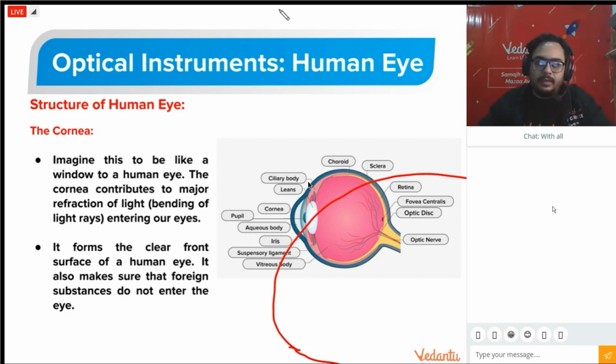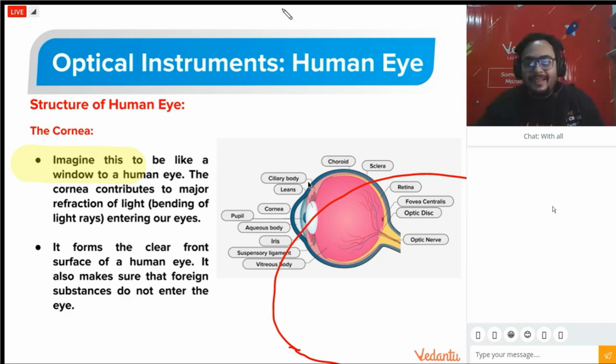Yes, absolutely, Anirudh. We already know it. So this is the structure of an eye. I'm sure you have never seen a real eye out of the frame, I guess. So this is the cartoonish diagram of it. Obviously, the real diagram will be too scary to see. So what are the different parts?